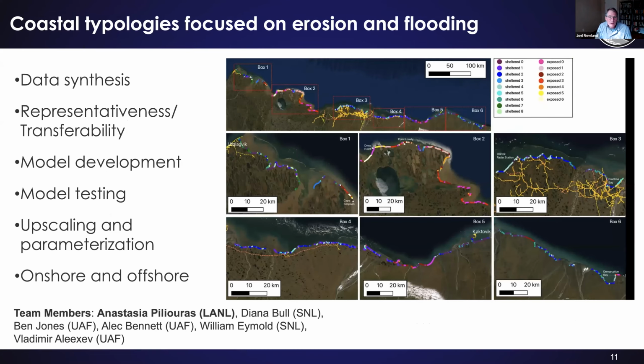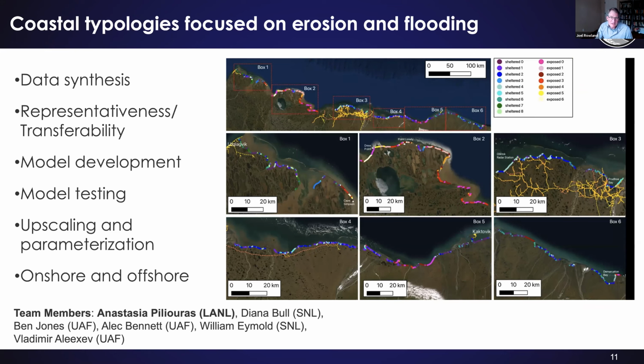We also have, talking about typologies, this is an example of the work being done by Ben Jones and Anastasia Ploeg. What I'm showing you is clustering along the Arctic coastline. And this is based not only on historical erosion rates, but the physical properties of the coastline, including things like ice content, geomorphology, soil properties, coastline orientation, sheltering of the coast. And in order to classify the coast in unique areas to understand the variations and patterns along the coast, this